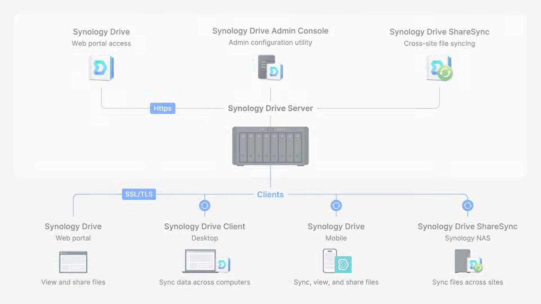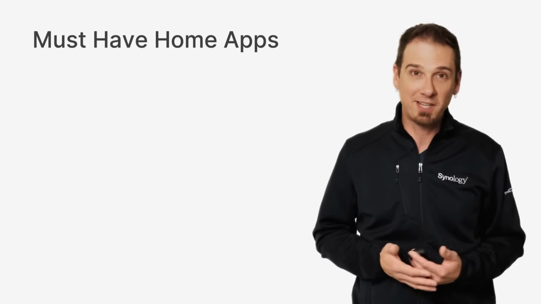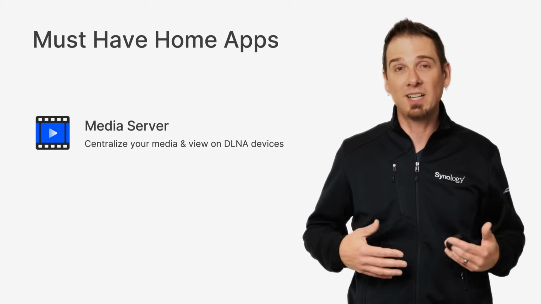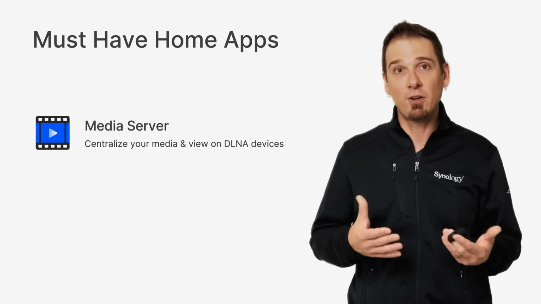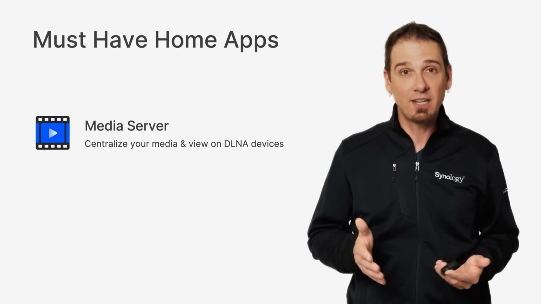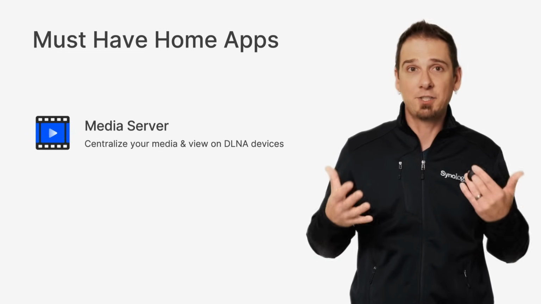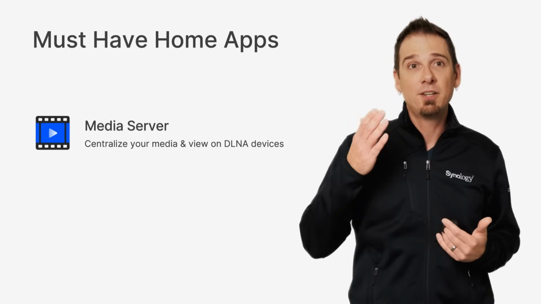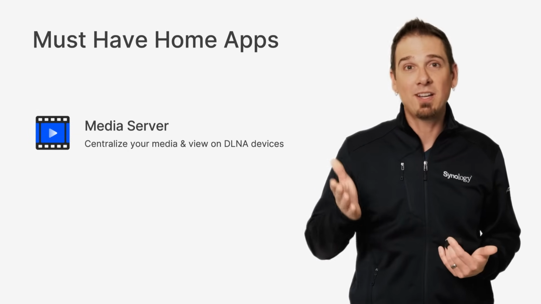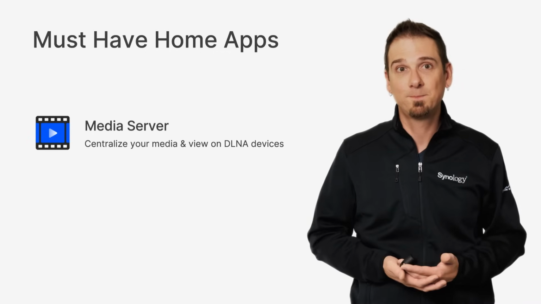And what sort of a power user webinar would this be if we didn't take a second to talk about multimedia? You'll want to install Media Server. This will allow you to choose which content is shared over your network with your DLNA supported devices, essentially all your smart TVs. This allows you to store your movies and your media on the NAS and then open up any device without installing software that can live on that same network and access those folders. You can just pull up that content from anywhere else on the premise.